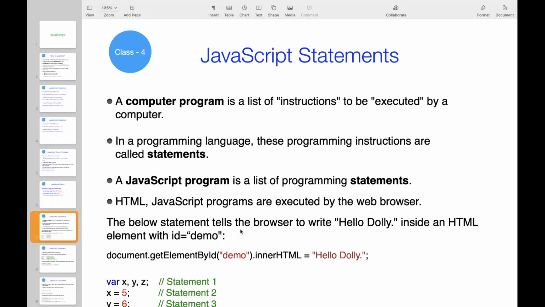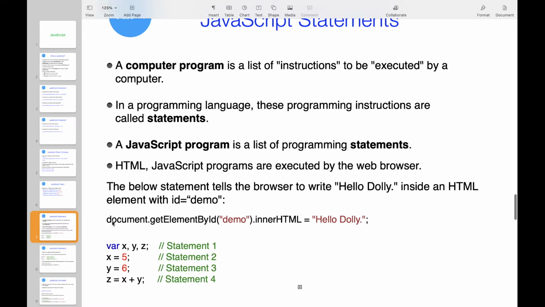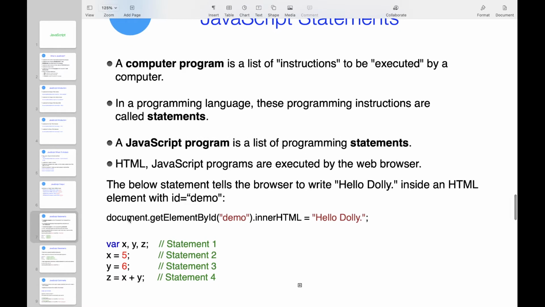Here you can see a statement example: document.getElementById().innerHTML. Each line is a statement in JavaScript. Not only in JavaScript, in any software programming, every line is a statement.